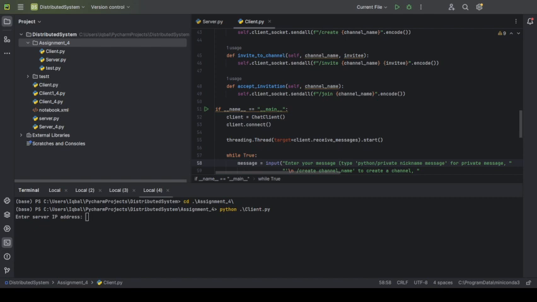Now I'm going to demonstrate how it will happen. Let's see, I start the server and it is now listening for connections. Now I am going to enable the client to establish the connection with the server. Here it goes, I am just putting in the IP address of the server so that